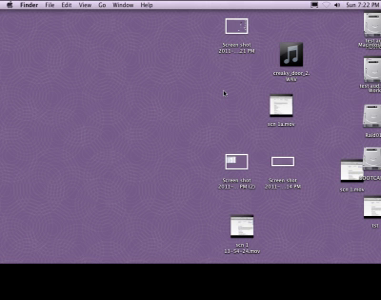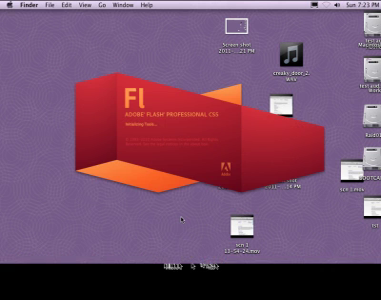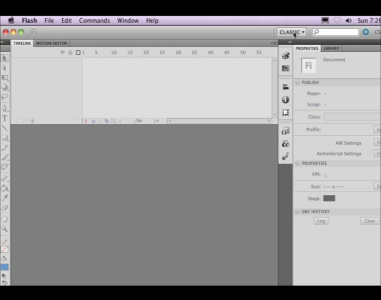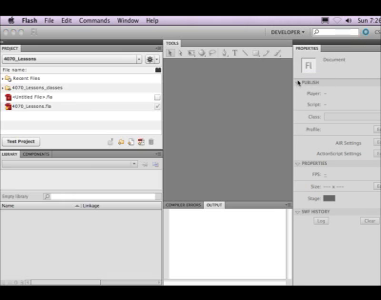This podcast will cover basic drawing and scene creation in Flash. To first launch Flash, once Flash launches, go up to the Workspace button and pull down to Developer, which makes it easier to work